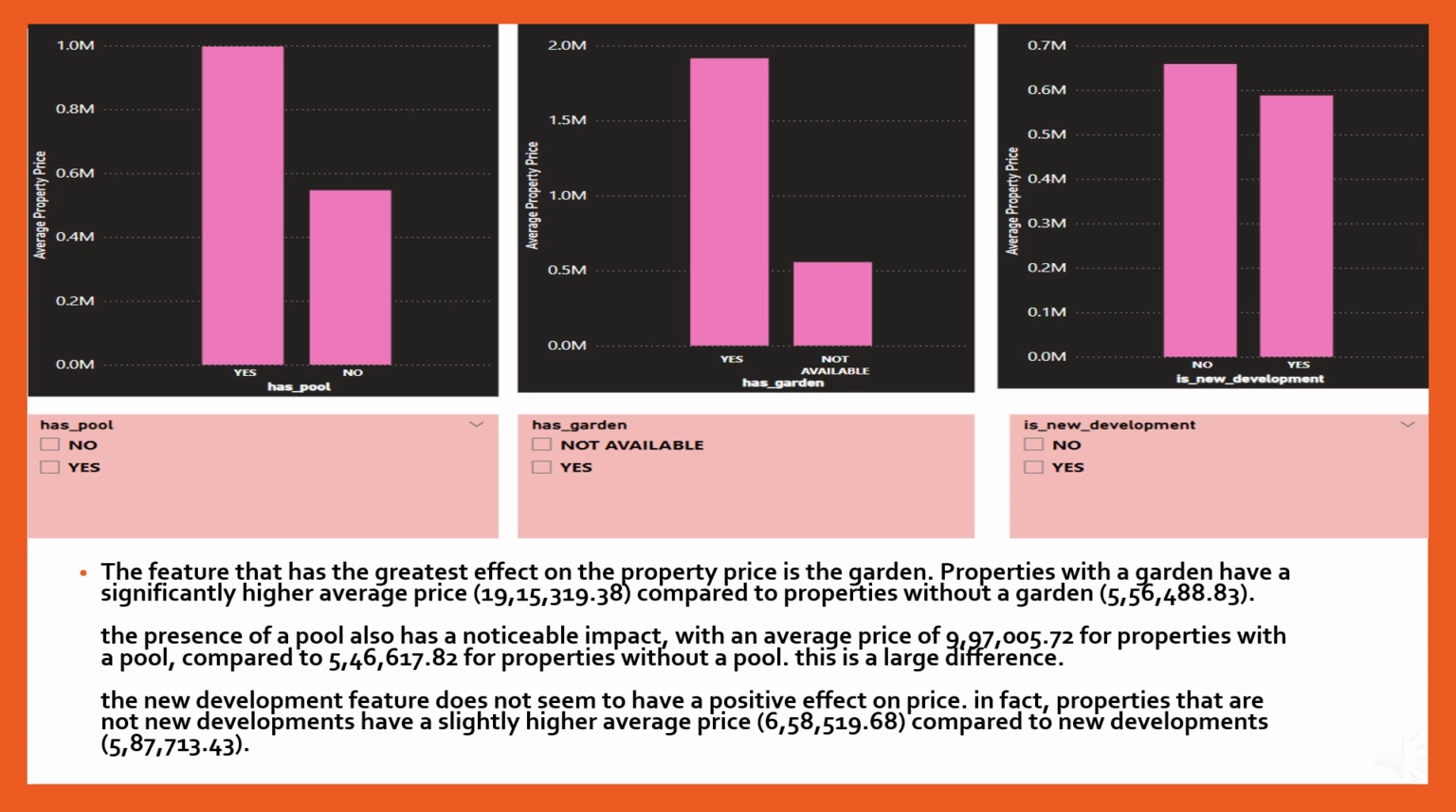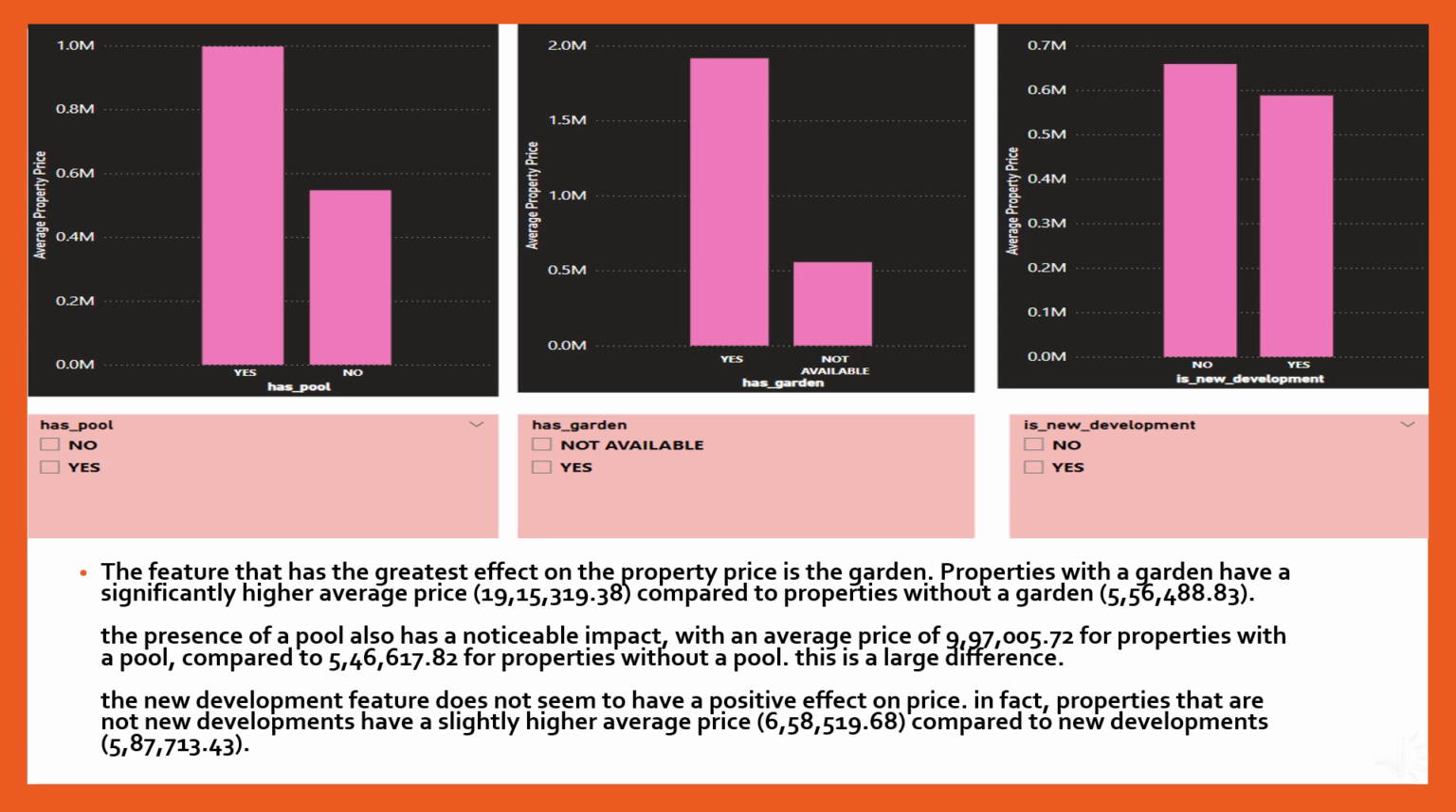This is the visualization. Here I have used a clustered column chart where on the x-axis I have added pool, garden, and is new development, and on the y-axis I have added average property price. After doing analysis, we get to know that the feature that has the greatest effect on property price is garden. Properties with a garden have a significantly higher average price, that is 19 lakh